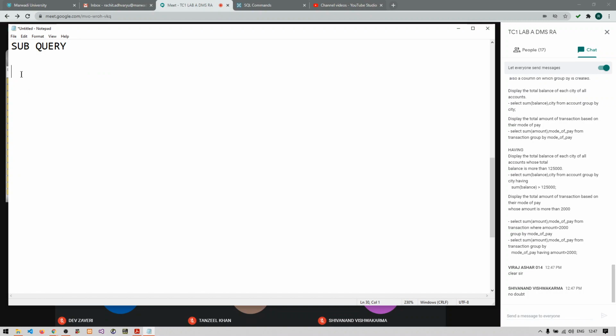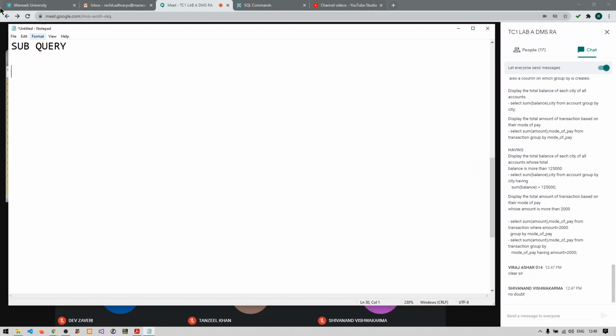Okay, so I am moving on to the subquery. So now we are talking about a subquery. What does subquery mean actually? Subquery means a query within a query. That means you already know about nested for loops, right? You are writing one for loop inside some other for loop. The same thing applies here for a subquery. A query within a query.